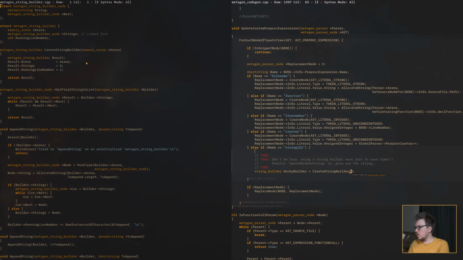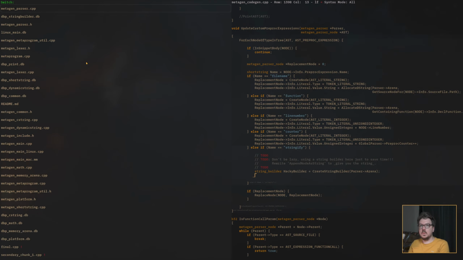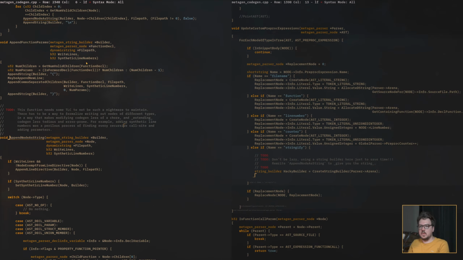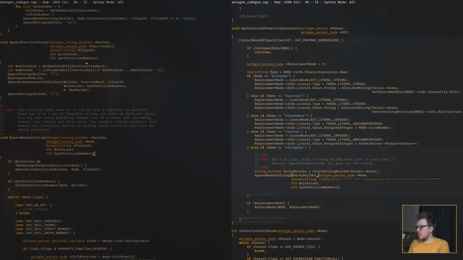Create string builder, the parser's arena, and we are just going to call this. We're going to pass it the hacky builder. We are going to pass it the child node.